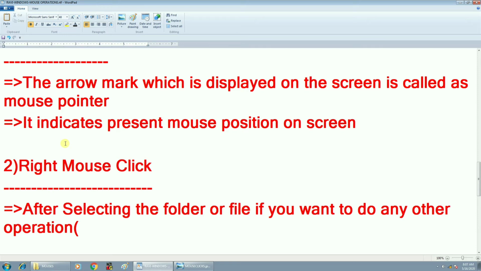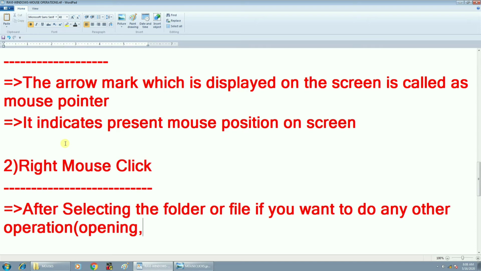what you will do with the song, you will listen. If you want to listen, you should open it. What you will do with the photo, you will see it. How to see it, you have to open it. Okay, so not only opening, sometimes you want to delete the file. So any other operation may be opening the file, deleting the file, or copying the file, whatever the operation may be. These operations I will cover in the folder and file operations.